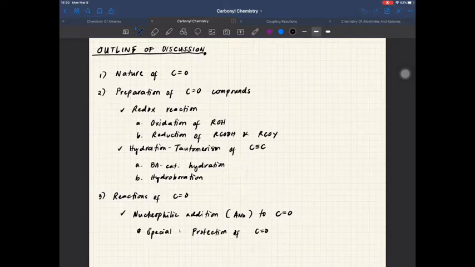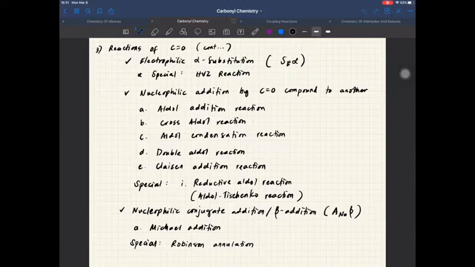Here is the outline of discussion for our topic this afternoon. First, we'll be investigating the nature of carbonyl compounds, or the carbonyl functional group. Next, we'll be talking about how carbonyl compounds are prepared, which includes redox reactions and hydration tautomerism of alkynes. Third, we'll be talking about reactions of carbonyl-containing molecules such as nucleophilic addition, electrophilic alpha substitution,